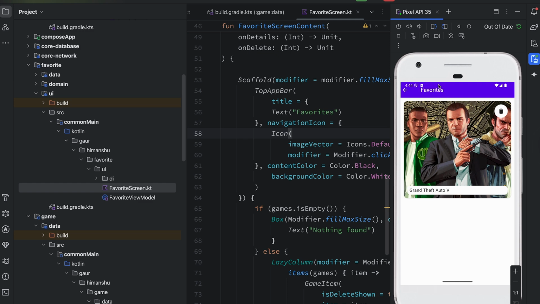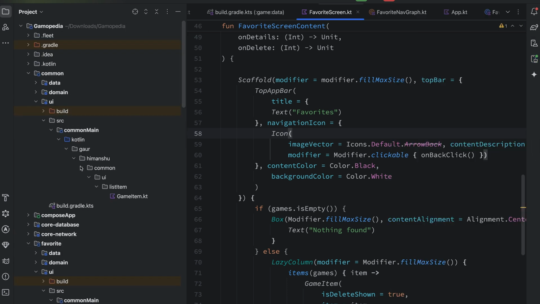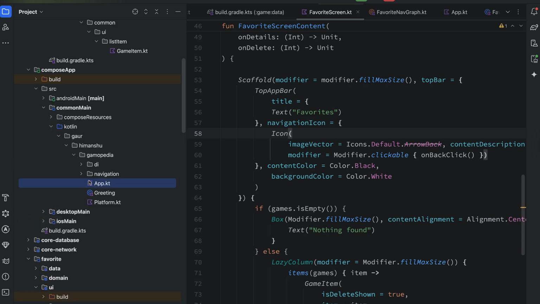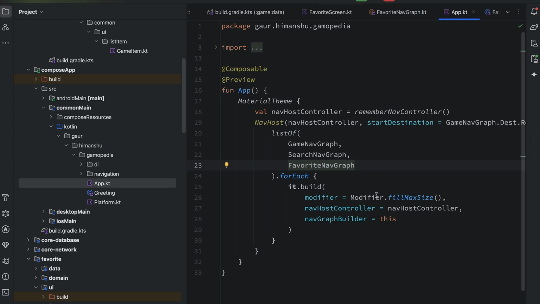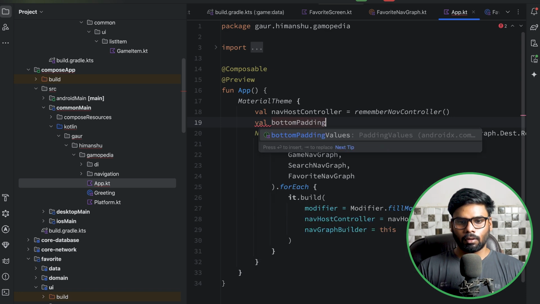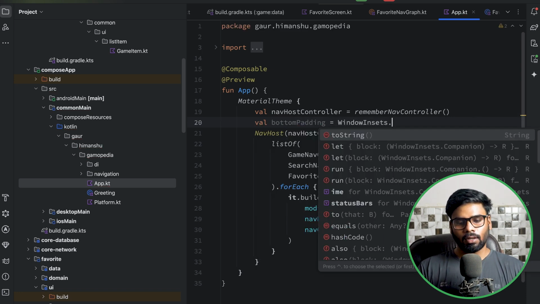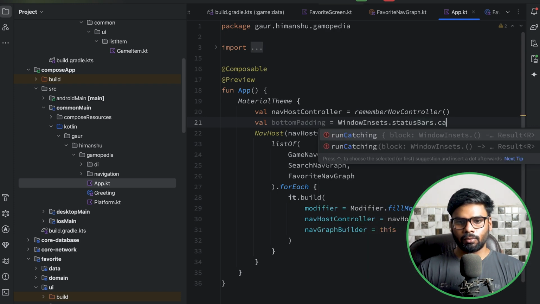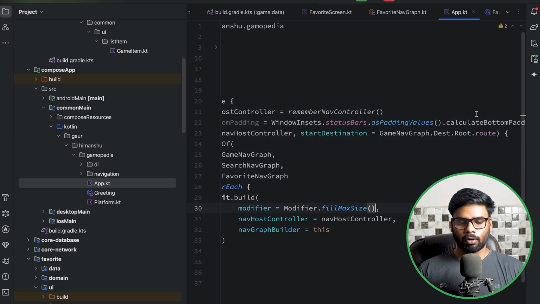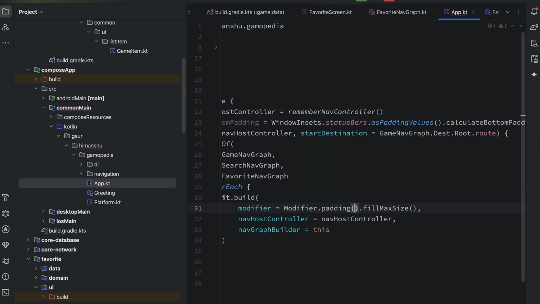And one more thing, when you see the status bar and our screen, our screen goes below this status bar, so we need to fix it. For that, go to your Compose app entry point, so commonMain Kotlin application, and over here as you can see we are passing a modifier. In this modifier we need to do one more thing. I want to calculate the bottom padding of our status bar. This is coming from our window insets. In this we have the status bar. You can simply use asPaddingValues, grab its bottom padding and simply use that bottom padding over here. So modifier padding from top, I want to use bottom padding, and now when you execute it,